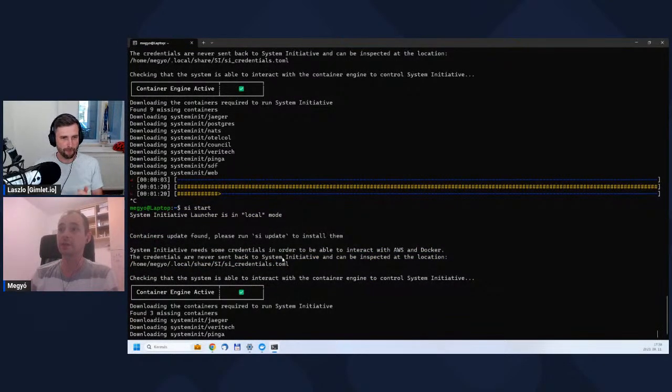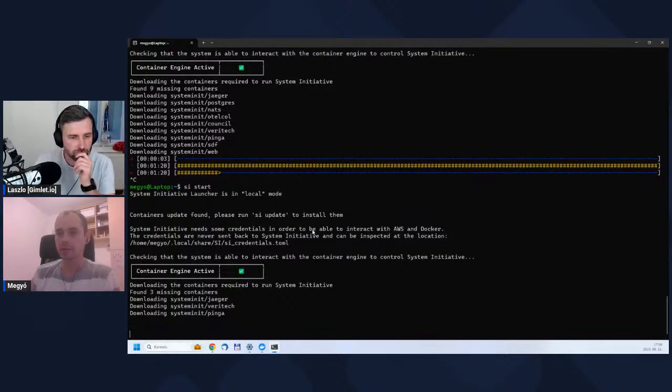I found 3 missing containers still. It's just too much download from Docker Hub. Let me see in the meantime.